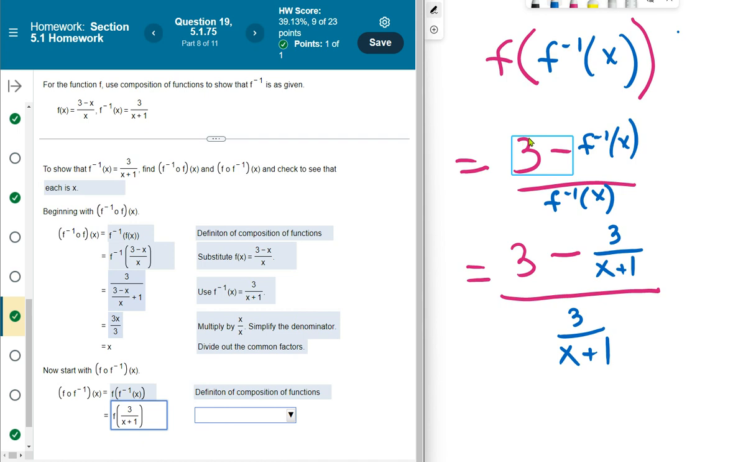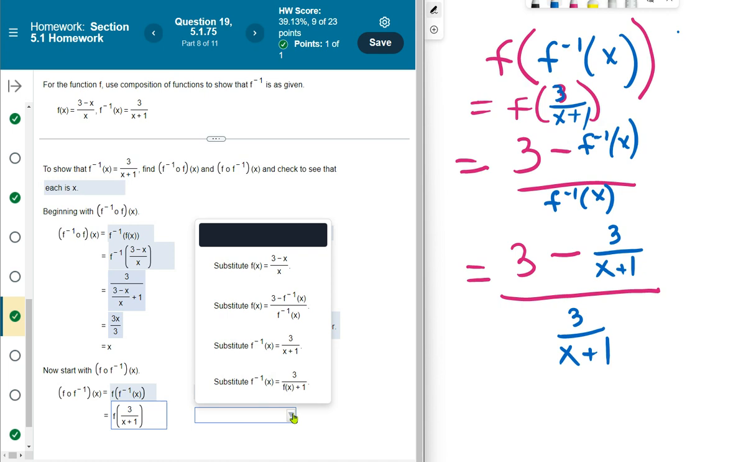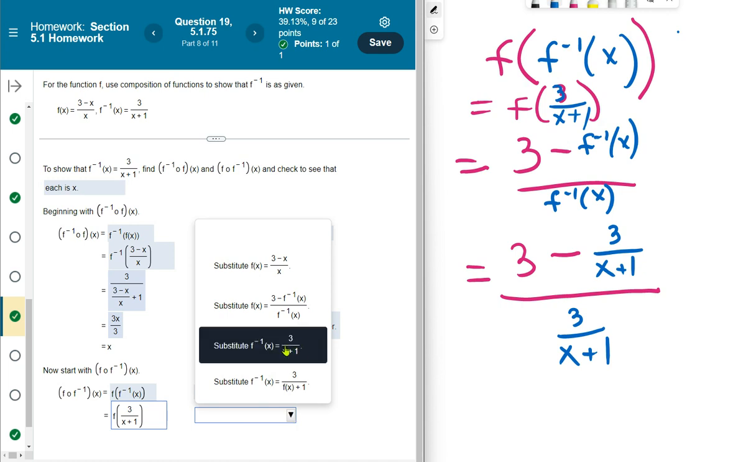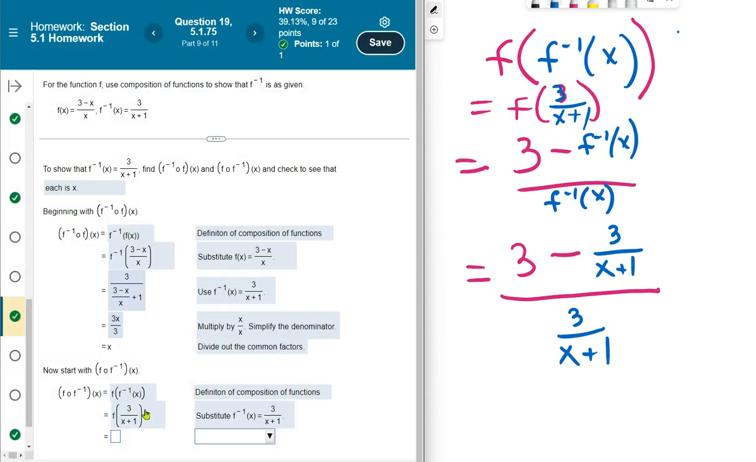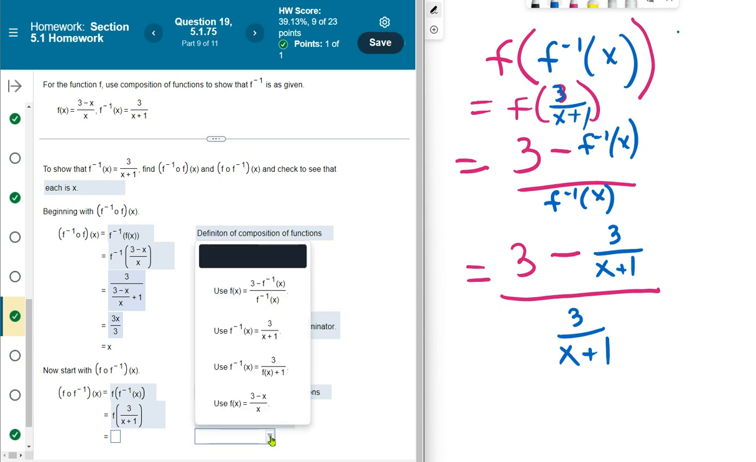Oh my gosh. So there's another step in here where they put f of the blue function, which is 3 over x plus 1. Okay. All right. Why is this confusing? And that is substituting. I'm substituting f inverse of x. Okay. Next. Okay, and then the next drop down box is